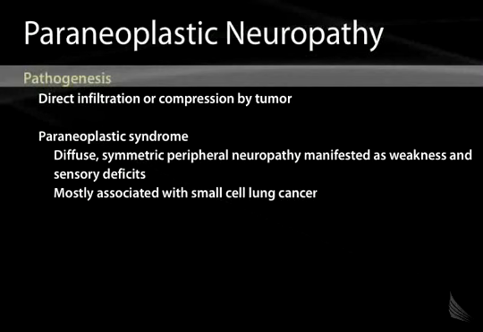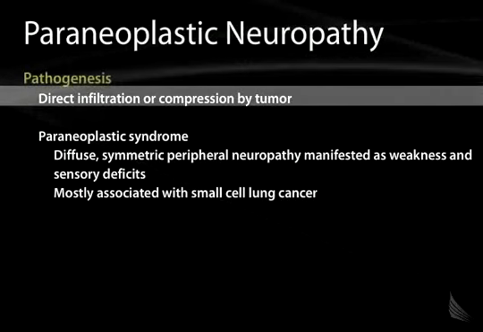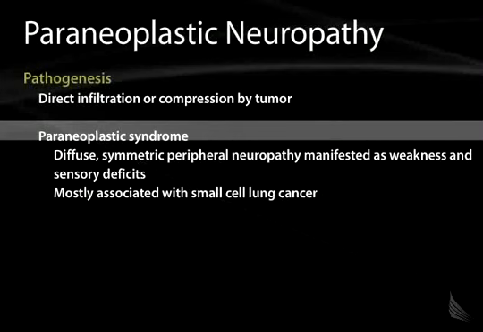Finally, paraneoplastic neuropathy is caused by the presence of a tumor anywhere in the body and the immune system's reaction to it. Again, just like the molecular mimicry discussed in Guillain-Barré syndrome with a foreign viral antigen, tumor cells can also express antigens that are in the incorrect location, activating the immune system. And again, through the process of molecular mimicry, the immune system can attack and cause demyelination within the peripheral nervous system. This is a paraneoplastic syndrome because it looks like it's coming from the neoplasm.